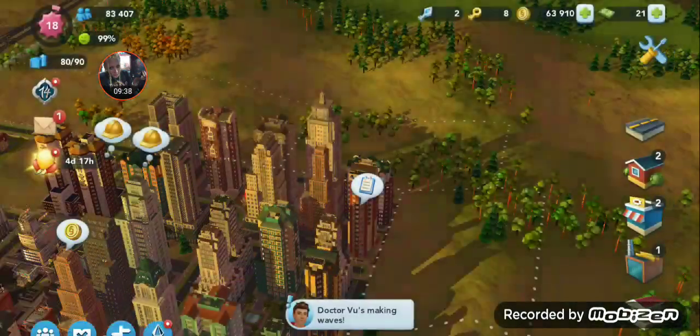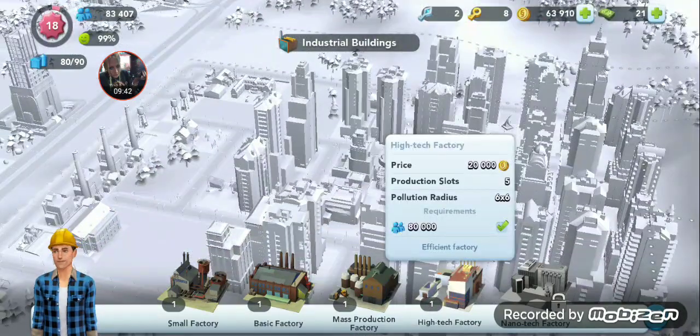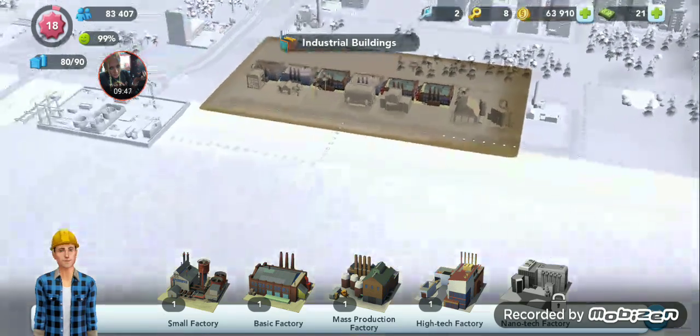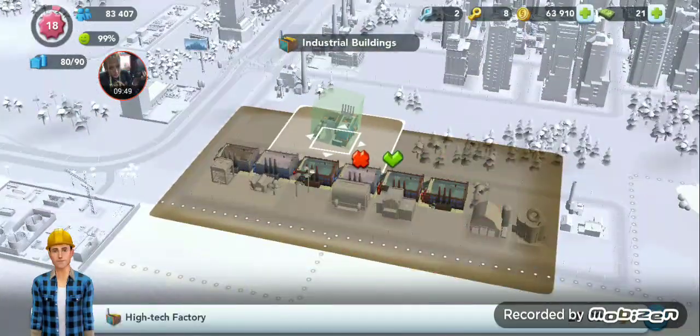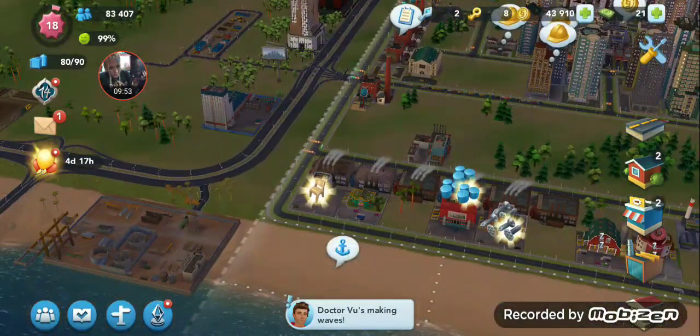Okay, so right now we're going to focus on, we need to get an upgrade done for one on our storage. That would be nice. We did unlock the 5-slot factories. We've reached the zone here. We've got one available, so we can go ahead and put one of those down, which we're going to do. But we're not going to put any more down for the time being